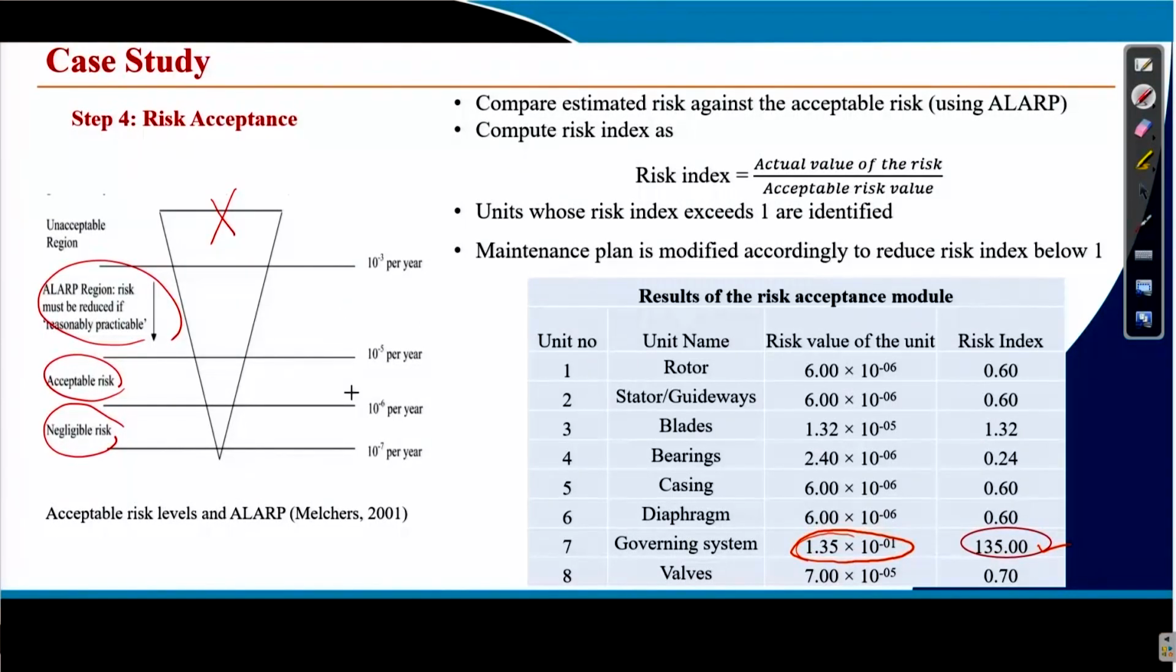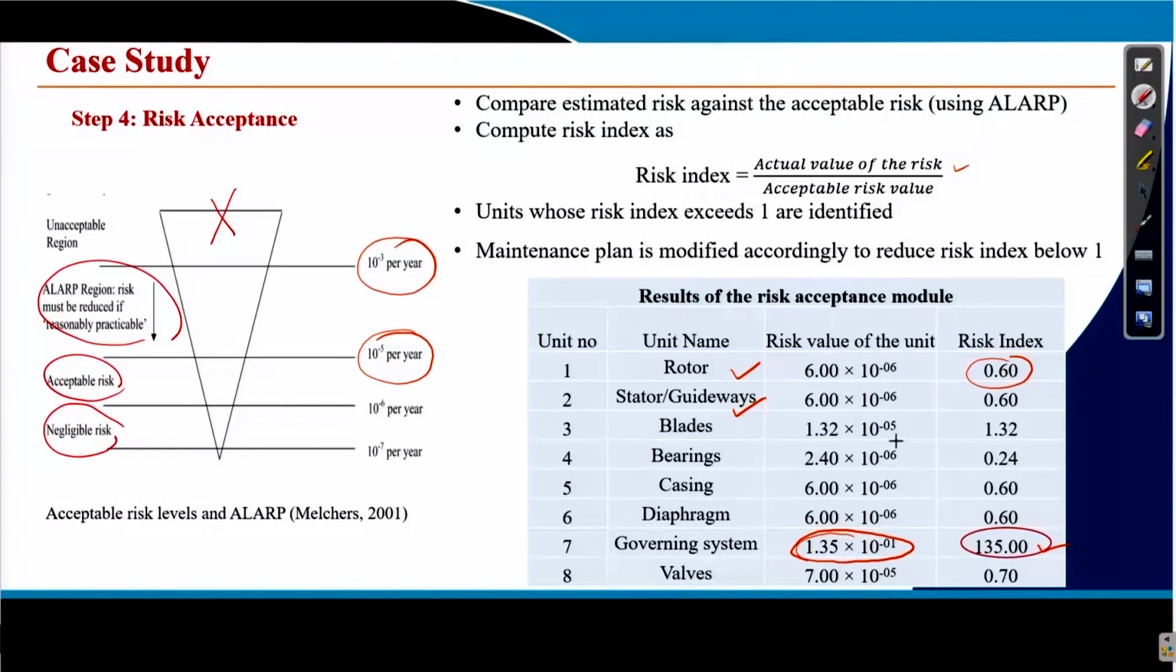For all the units we consider the acceptable risk value 10 to the power minus 3. For example, for the rotor we consider 10 to the power minus 5, because the actual value is 6 into 10 to the power minus 6 by 10 to the power minus 5, that means 6 into 10 to the minus 1, that is 0.6. So, for this one also the acceptable value considered is 10 to the power minus 5,